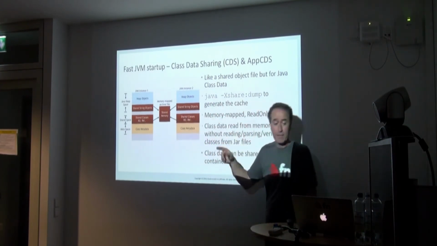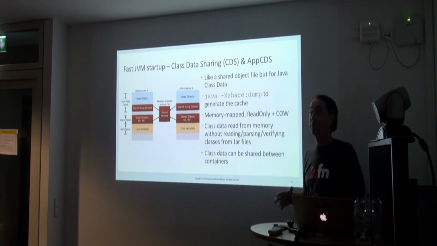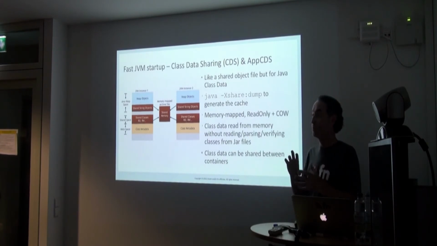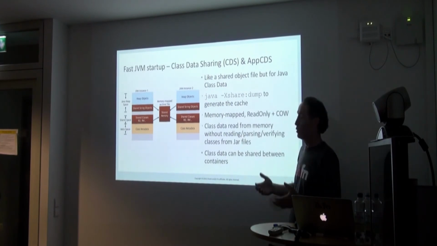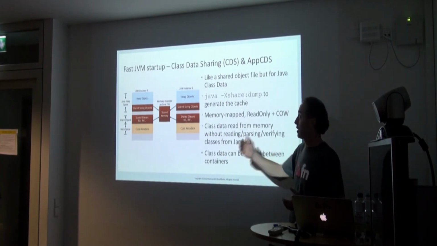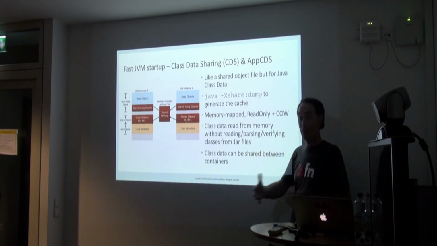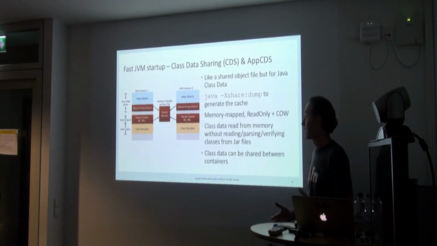With class data sharing, you can take the JDK classes and pre-parse them. Normally when you boot the JVM, it parses all these JDK classes every time, right? Every time it's deterministically the same answer. It's always going to take the same bytecode and build the same in-memory objects. So you can do a dump of the in-memory structure so that when you boot, it's faster. And you can share that between JVMs. So JVMs on the same host, even in different containers, can share these pre-parsed core classes.